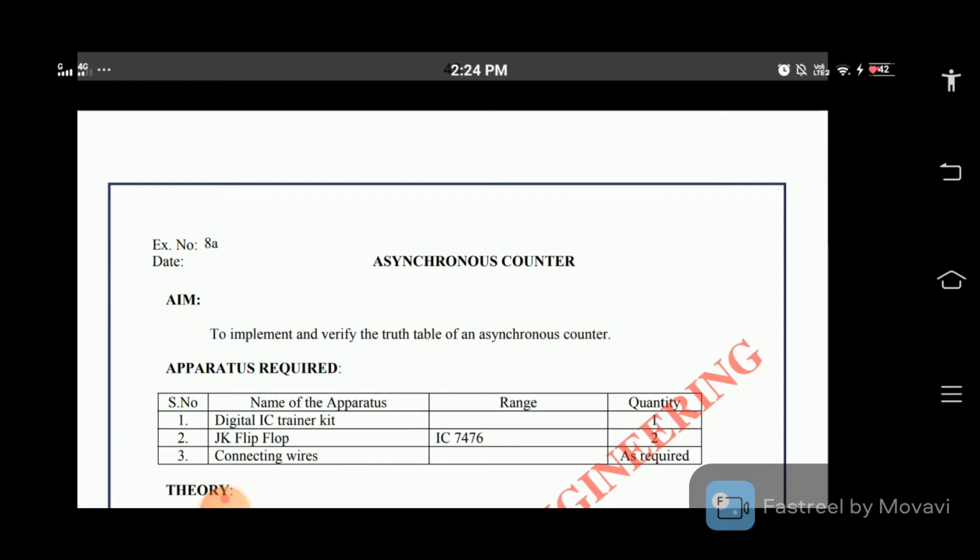So what does asynchronous counter mean? It is also called a ripple counter, and in a ripple counter the flip flop output transitions serve as a source for triggering other flip flops. In other words, the clock pulse inputs of all the flip flops are triggered not by the incoming pulses but rather by the transitions that occur in other flip flops. So the term asynchronous refers to events that do not occur at the same time. Okay, this is about the asynchronous counter.